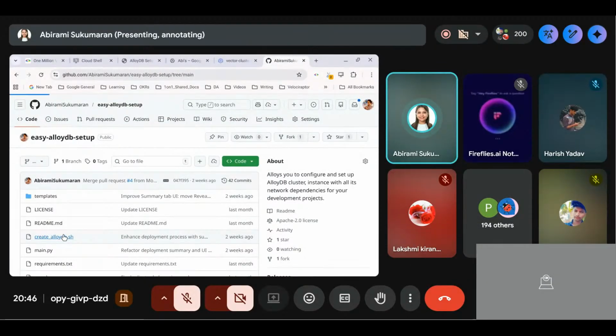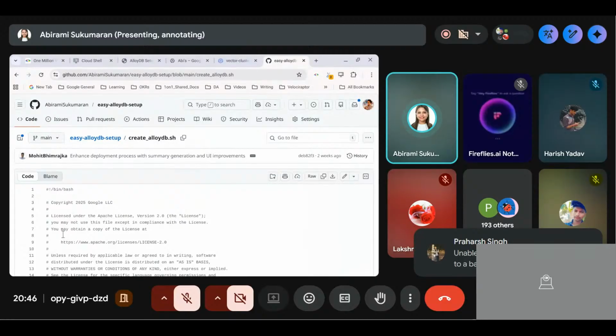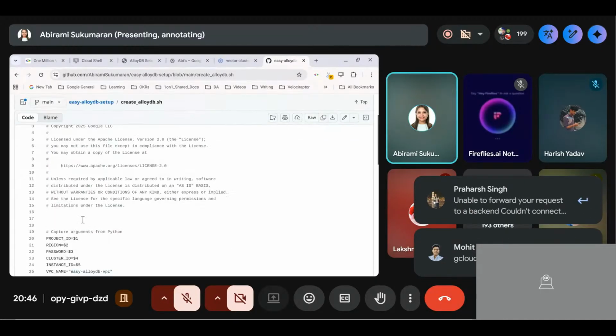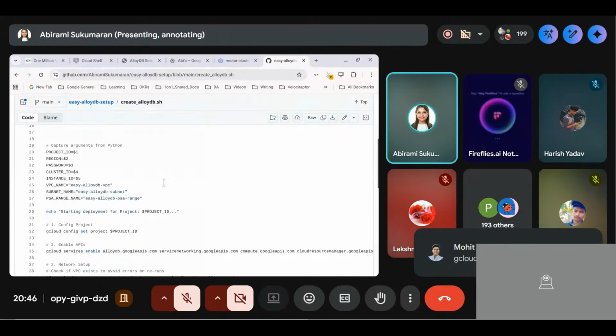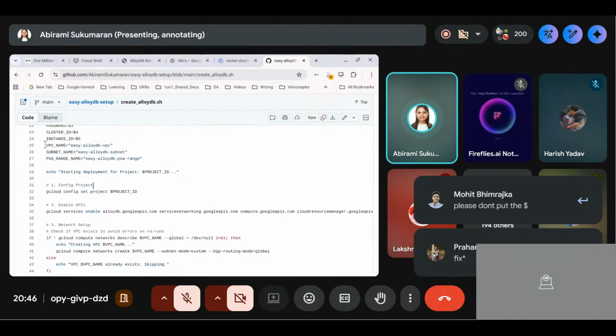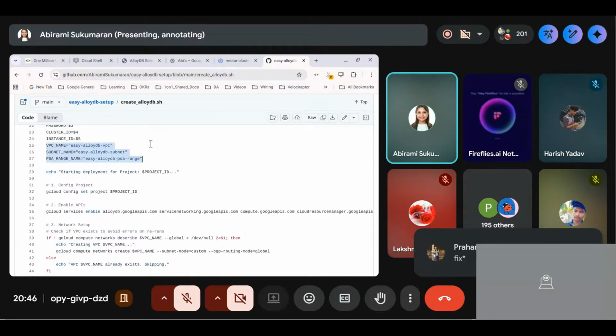I want to show you how the configuration works, so that if you want to do something like this in your own automation requirements, feel free to do it. In the create AlloyDB.sh, we are basically defining the arguments. If you notice, we are hard coding the VPC names, because this kind of automated setup will mostly only be used in a development environment, or maybe staging. When it goes to production, you can automate this and use the VPC, but at that point you can, of course, go back and change the code to a VPC name that's more accepted by